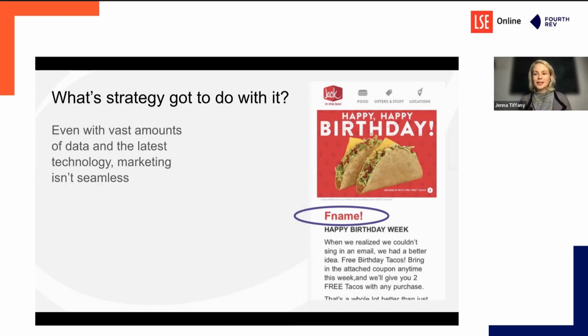And this is something that even if you didn't have the customer's name, you could have just had a blank space here, which would have been better than F name. Because the challenge now is that the customer knows that it's automated. Oh, this isn't just for me, this is for everyone. And they can start to see that there's an error here, and it loses its substance and the value it was trying to create. So it's really important that we think about the basic elements here as well and closing